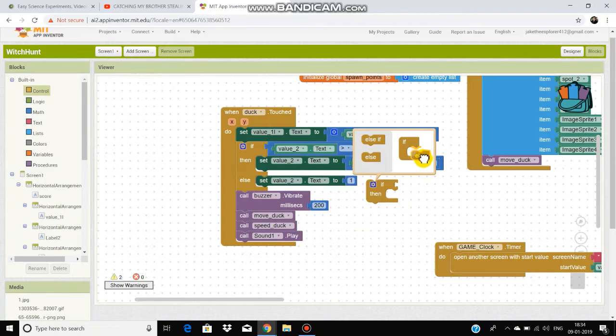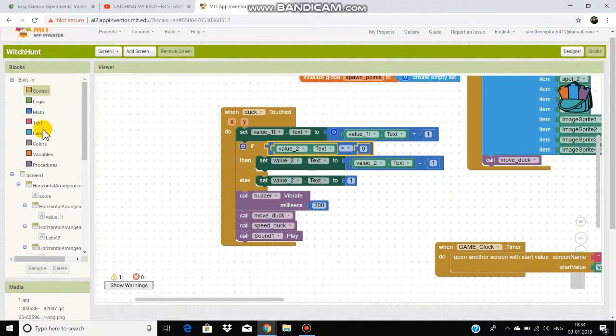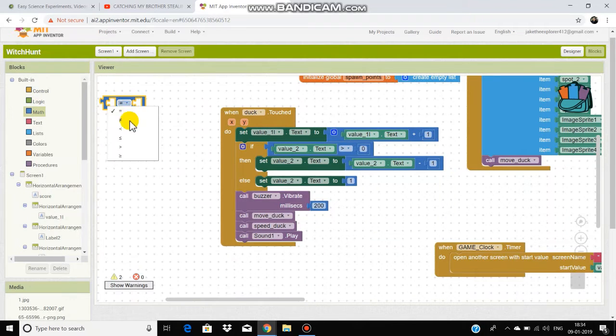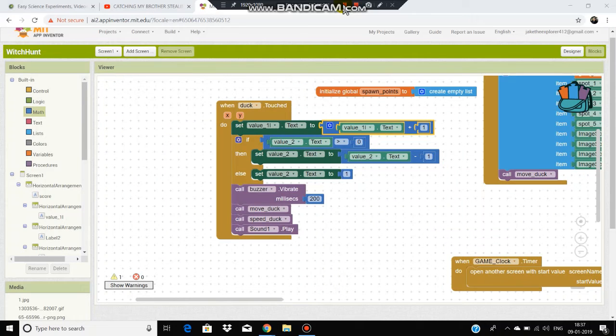Drag it into here and it will become this. Then I just delete this. Then you have to put another math code, but not the plus, these, in which you can change it, maybe equal, but you can change the